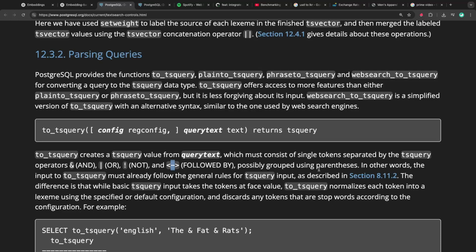Possibly grouped by using parentheses. In other words, the input to to_tsquery must already follow the general rules for TSquery input as described in section 8.1.1.2. The difference is that while basic TSquery input takes the tokens at face value,